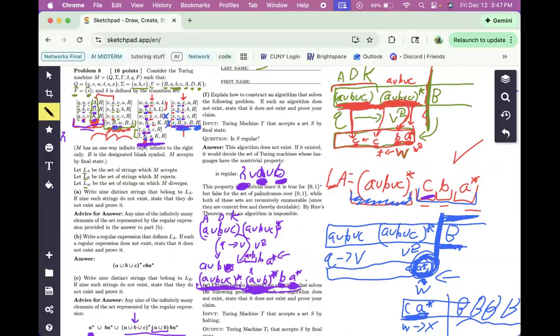Explain how to construct an algorithm that solves the following problem. If such an algorithm does not exist, state that it does not exist and prove your claim. Given a Turing machine that accepts a set S by final state, is S regular? So, this algorithm does not exist. If it existed, it would decide the set of Turing machines whose language has the trivial property is regular. I think this comes down to the fact that even though we can essentially write a regular expression based on this,